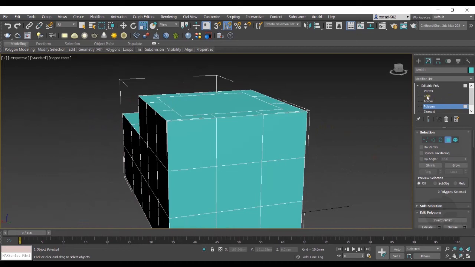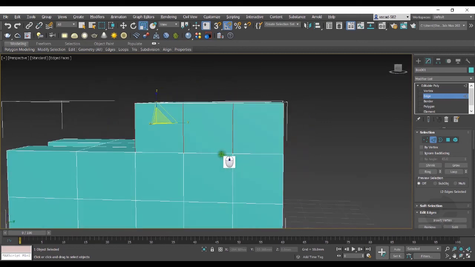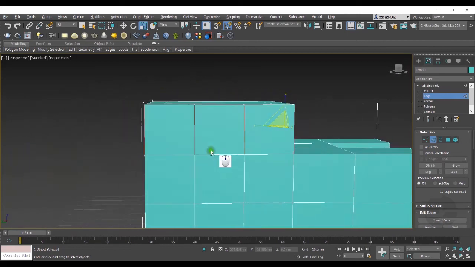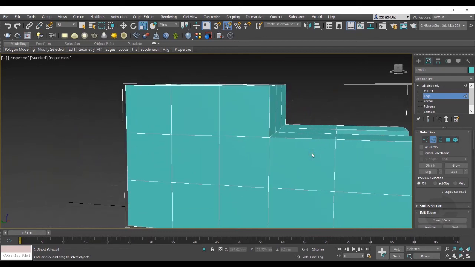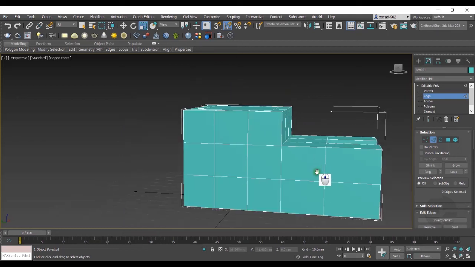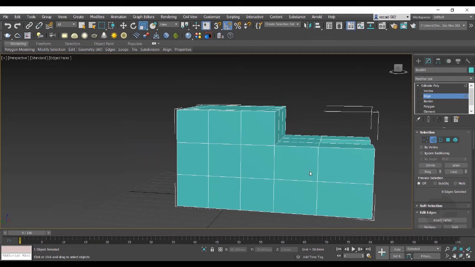So let's see an example again in edge mode. I'll select an edge. I'll select another edge by pressing Ctrl key and double clicking on it. And you can see now it has created loop selection. So the workflow for selection has also improved with 3ds Max 2021. Let's move ahead and see the new enhancement feature in Import SketchUp file.